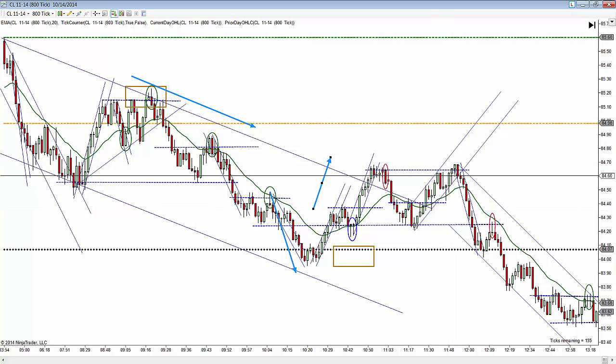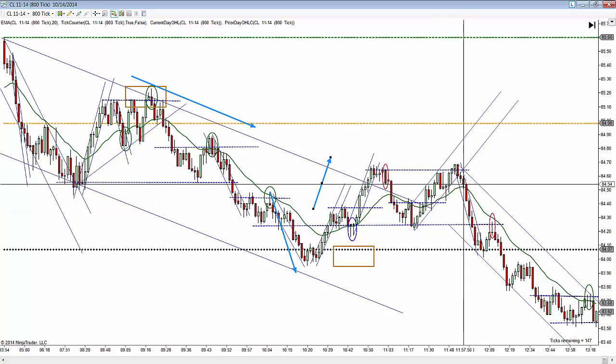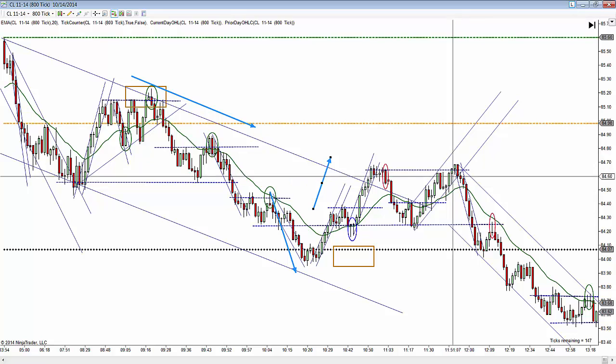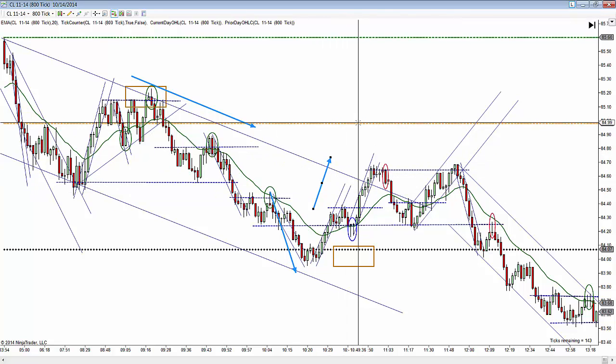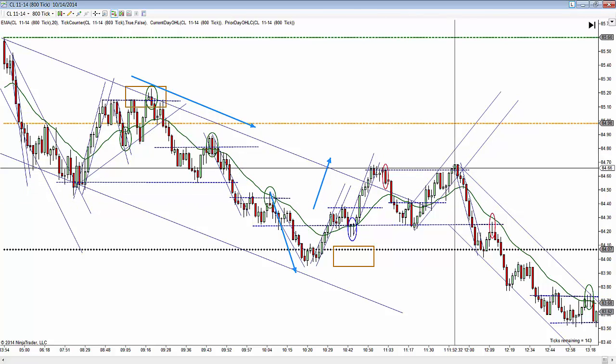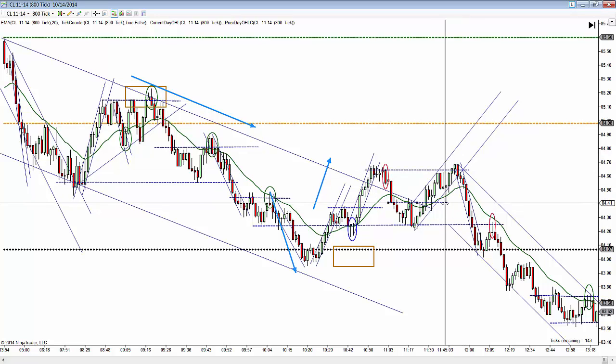Tests the first time, fails. Second time, can't get out there, fails down to here. Now, again, you can take a trade down in this area. It's above the EMA. We did break this area. Might test down to here before we come back, but as you can see, there was room to get out to the bottom. So I didn't mark that.